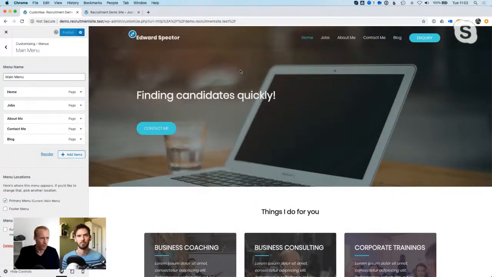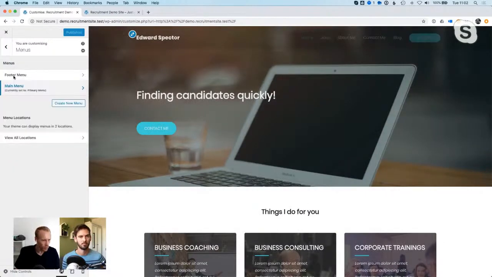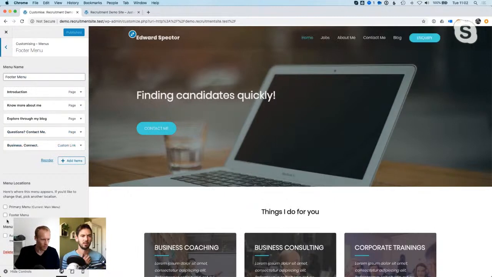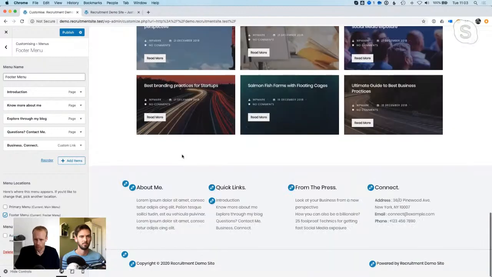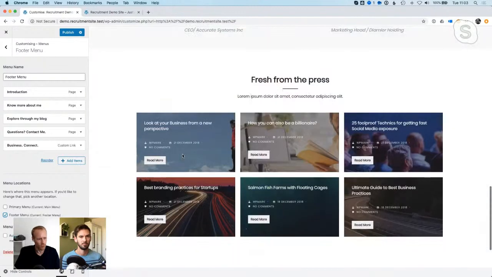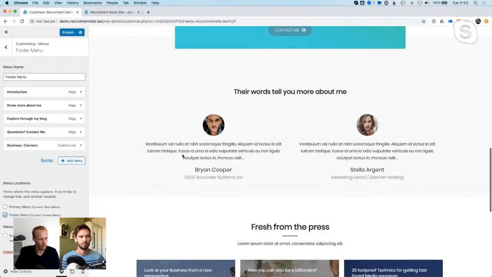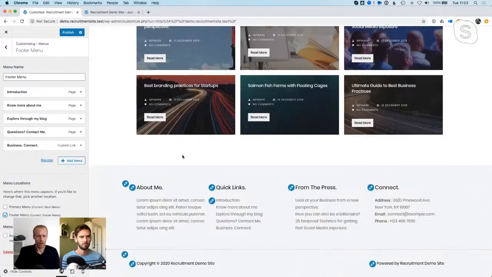So it's nicely done. And then why isn't that footer menu displaying? That's because it's not selected. Locations. Yeah. So here we've created a menu, but we haven't said where that's going to show on the site. If I click footer menu here, the location, and then scroll to the bottom and save it, it's still not there. Interesting. Don't know why that is. It needs some investigation, unless I'm not seeing it on the show. Anyway,